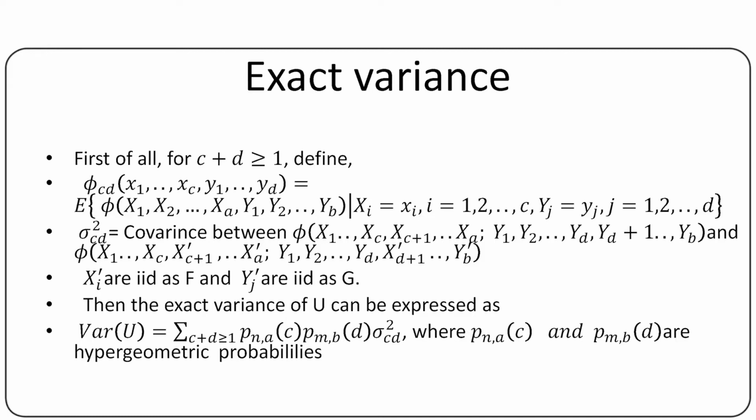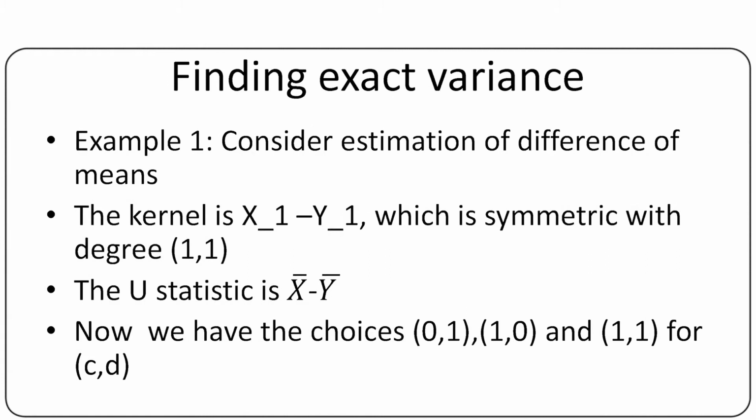Here are some examples where the U statistics are used. Now as n tends to infinity, the distribution of the square root of n times U minus theta is normal with variance sigma square, where sigma square is sigma square 1 0 by lambda plus sigma square 0 1 by 1 minus lambda. Find that sigma square 1 0 equals the variance of x1, which equals the variance of y1. Variance of y1 by 1 minus lambda. We just note that we need only to derive sigma square 1 0 and sigma square 0 1.